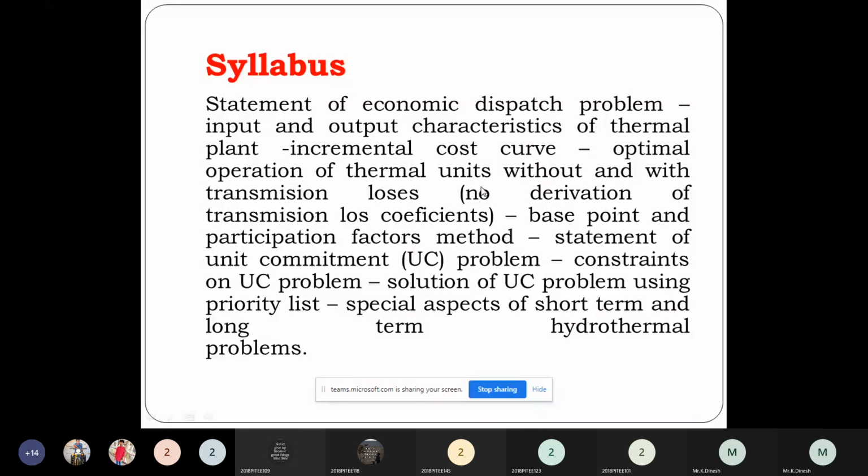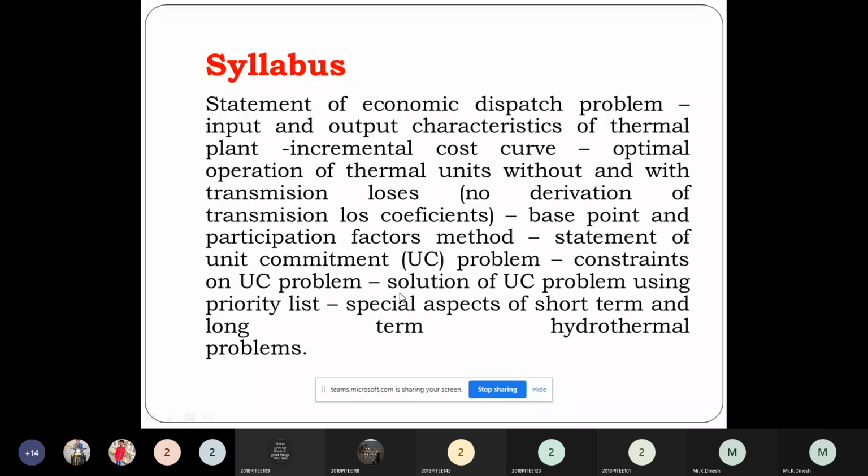without and with the transmission losses, no derivation of transmission loss coefficients, base point and participation factor method, statement of unit commitment problem UC, constraints on UC problem, solution of UC problem using priority list, special aspects of short-term and long-term hydrothermal problem. So these are all the contents you have in your